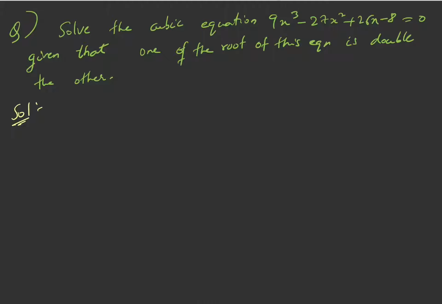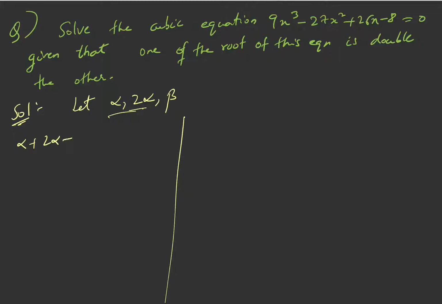Yes, so I was saying that if you are given a cubic equation and you have one additional condition between the roots, then you can solve it using Vieta's relations, right? So see, it has three roots, so let the roots be alpha, and one root is double the other, so 2 alpha, and beta. So let the roots be alpha, 2 alpha and beta, because one root is double the other. Yes, so let us write the conditions.